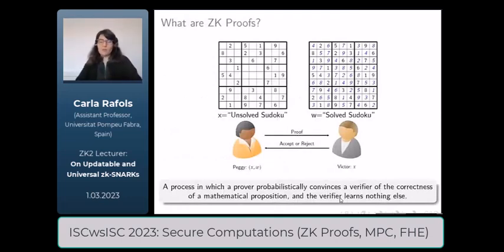So what are zero knowledge proofs? Well, it's a process in which a prover probabilistically convinces a verifier of the correctness of a mathematical proposition and nothing else, right? The classical example is Peggy has an unsolved Sudoku, that is the statement, and there is a solved Sudoku, which is the witness, some kind of certificate that a solution exists, the solution of the statement. A zero knowledge proof aims